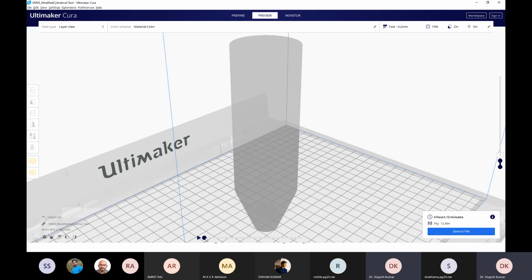I hope I have zoomed enough so that you are able to see. You can see how the creation of the first layer is taking place. This knob is coming in yellow color. You can see some yellow color is getting printed. This yellow is your printed material which is being printed.